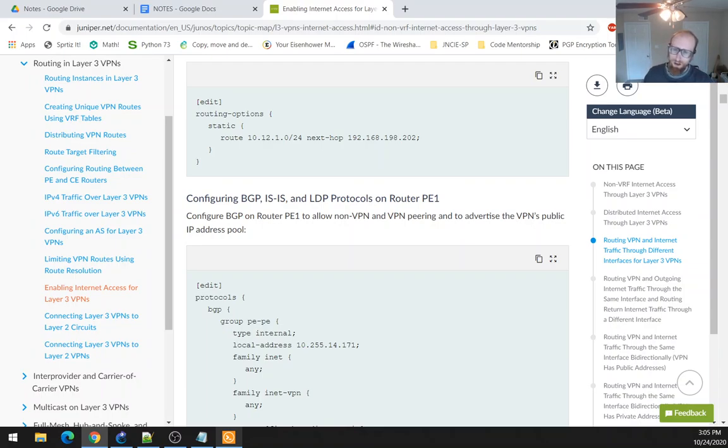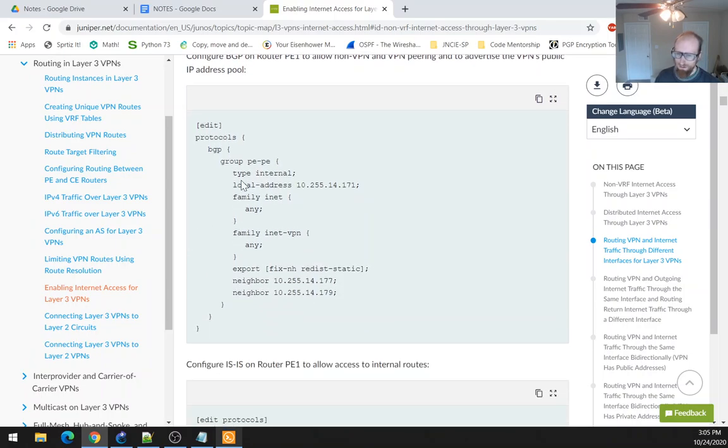Configure BGP on router PE1 to allow non-VPN and VPN peering and to advertise the VPN's public IP address pool. Under protocols group, we're going to connect to the other PEs, so we're going to need 2 neighbor statements in this case. And then we're going to be exporting